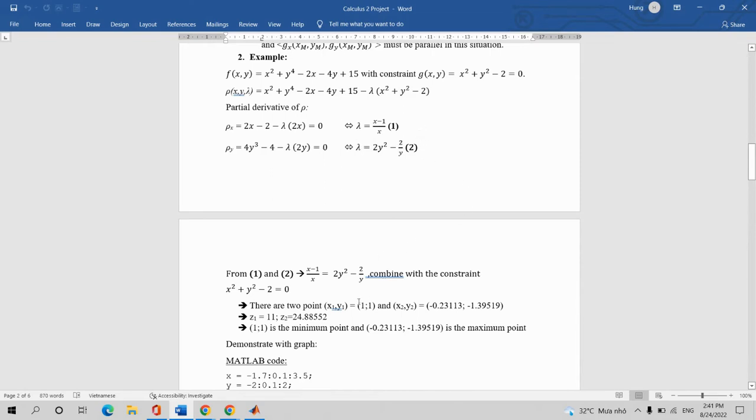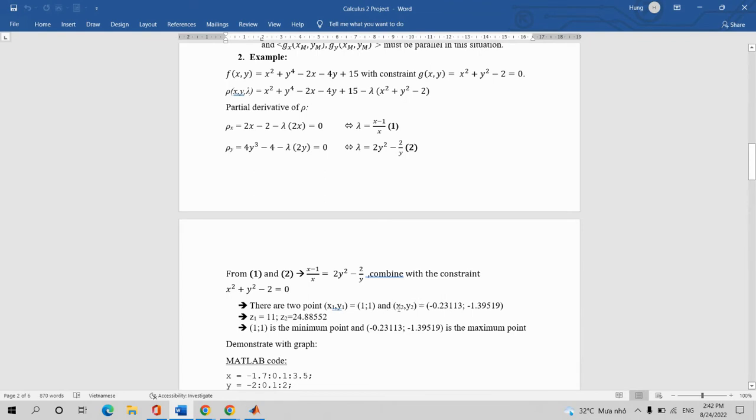So from equation 1 and equation 2, we got (x minus 1) divided by x equal to (2y squared minus 2) divided by y, combined with the constraint x squared plus y squared minus 2 equal to 0. So we got two points, x1, y1 equal to 1 and 1,